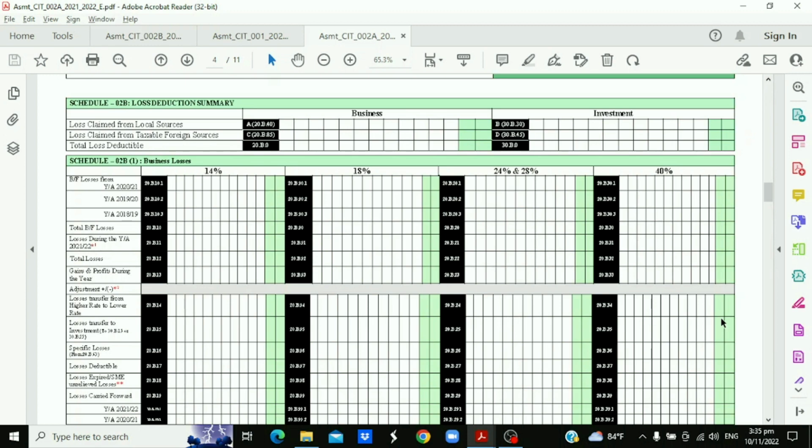Then I just explain what features are available and how we can complete these entire schedules, right? But if you understand the business one, the others have similar applications. Therefore, first we try to understand how we can do these completions, just getting the 14% tax rate. At the top of this 2B, we identify the total loss deductible